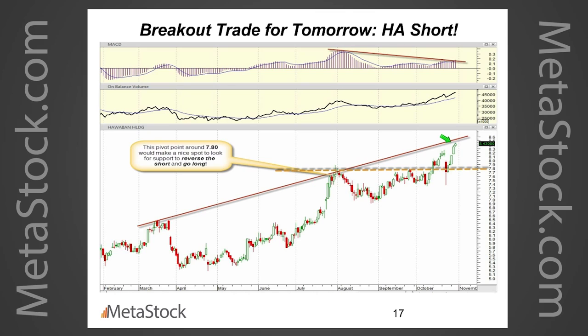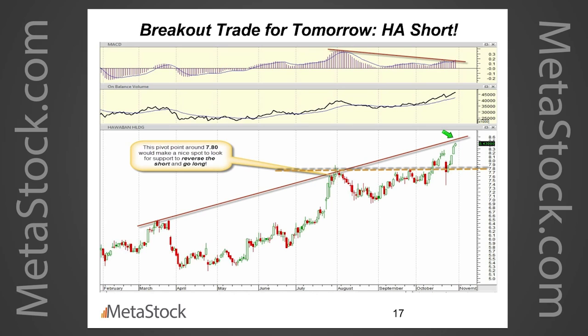is very well developed with two very clean pivot highs, one right there in March and one right there in late July. Here we are in a third touch, and the third touch is often the charm. You will often get your sharpest pullback from the third touch in an upsloping trend line like this, resistance trend